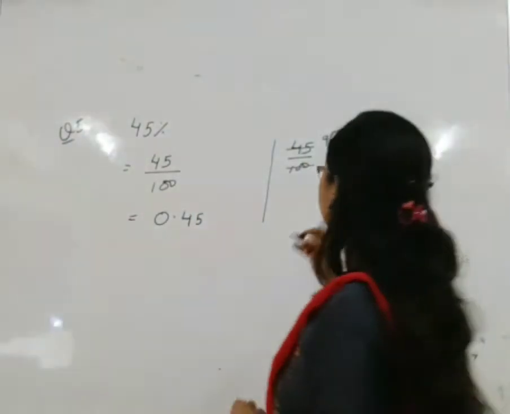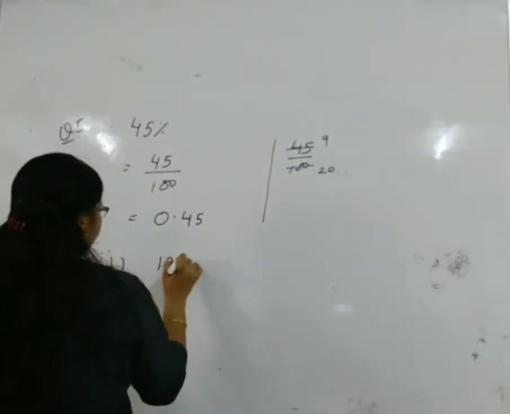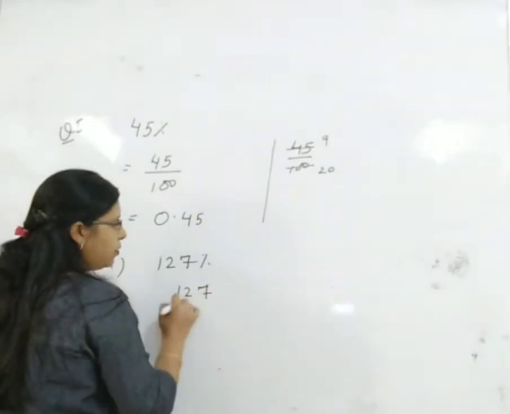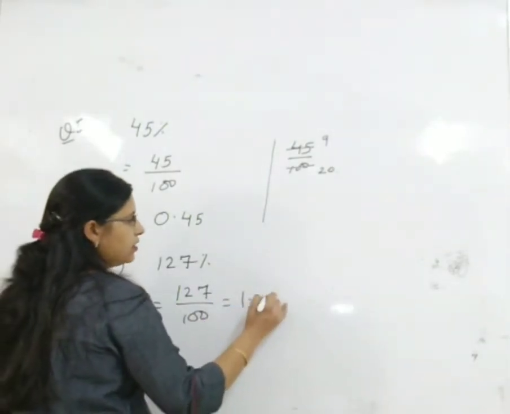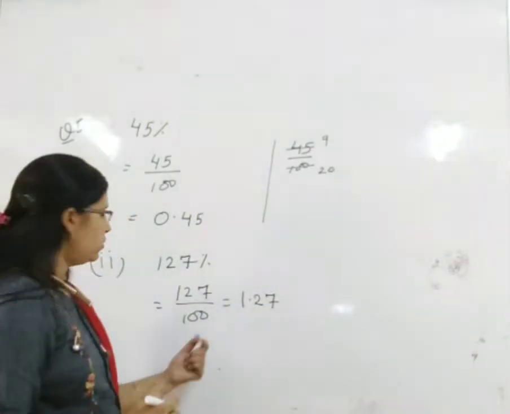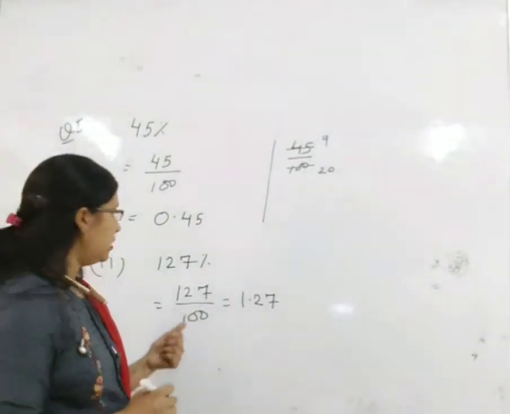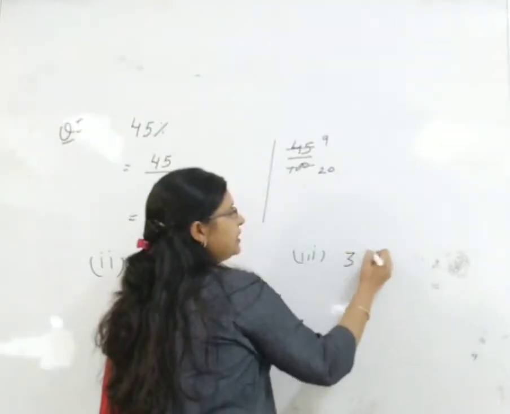127%. So simply 127 upon 100, and now we can write it in decimal form as 1.27. 2 zeros are there, so the decimal will be shifted 2 places back. Now in the third part, the number is already in decimal form